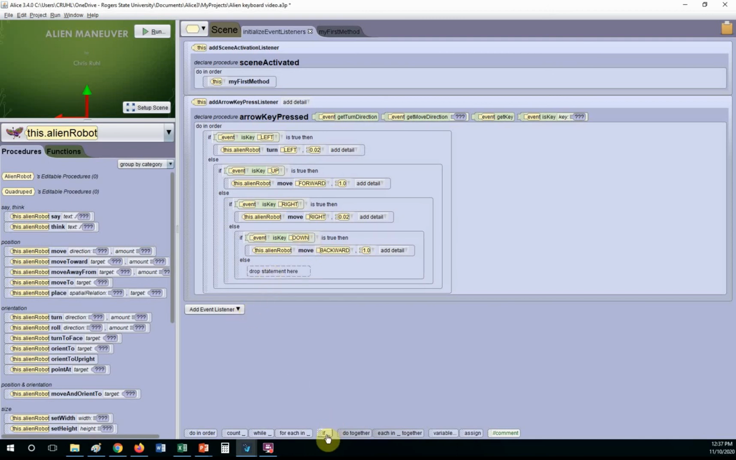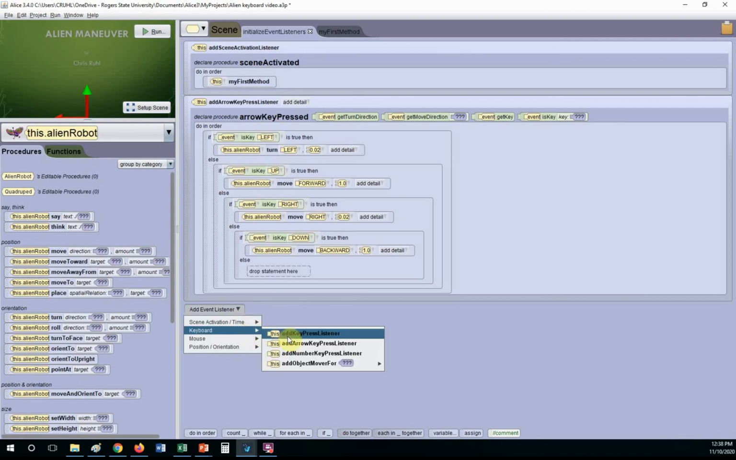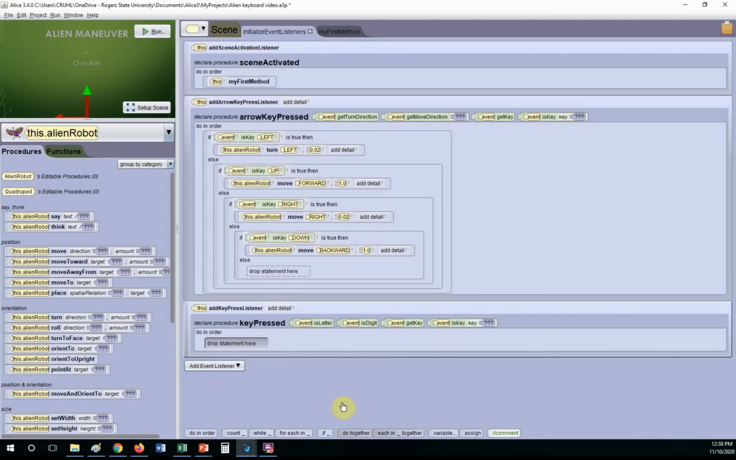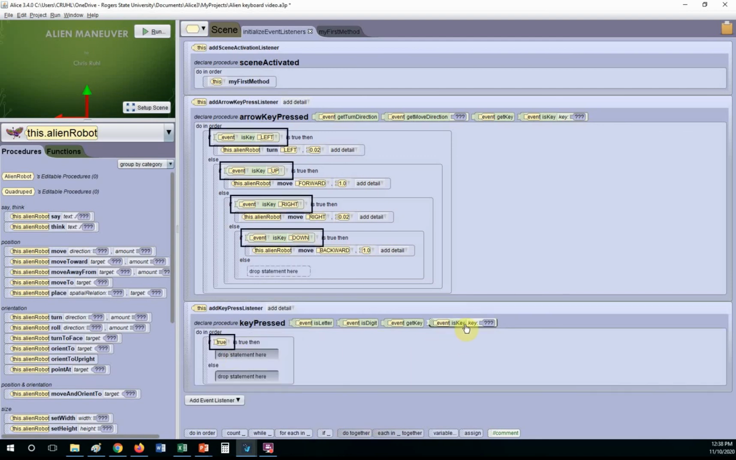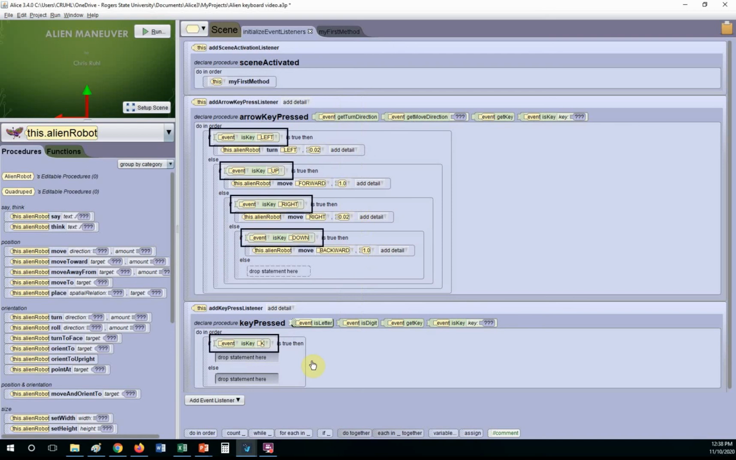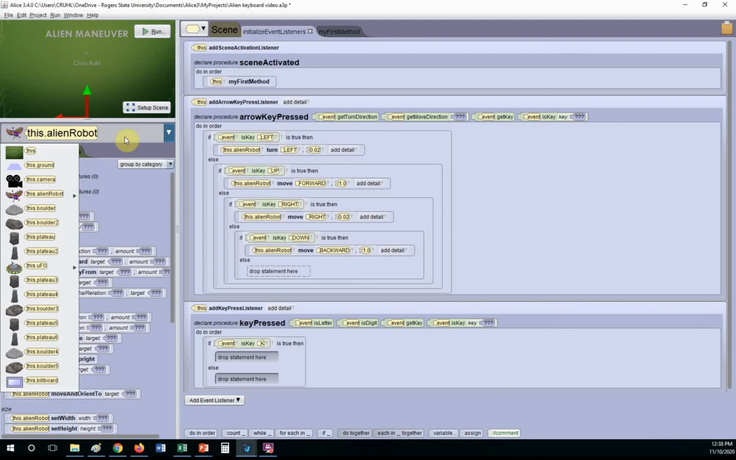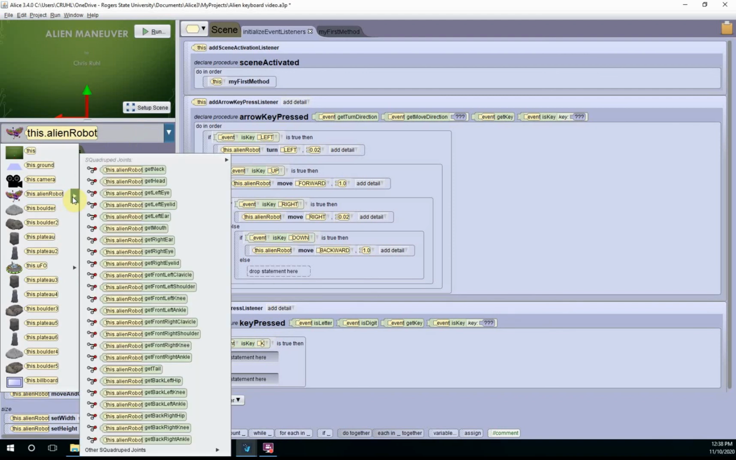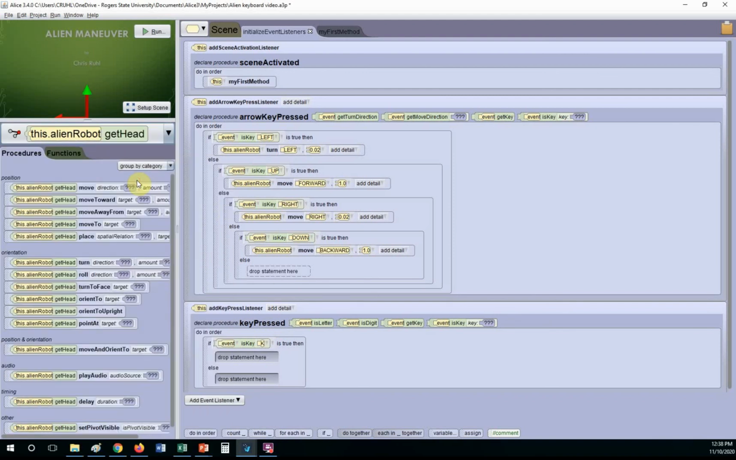You could do another, well, we could do a key press here. What if they press the letter K? Well, then I want to pick the head of the alien robot,